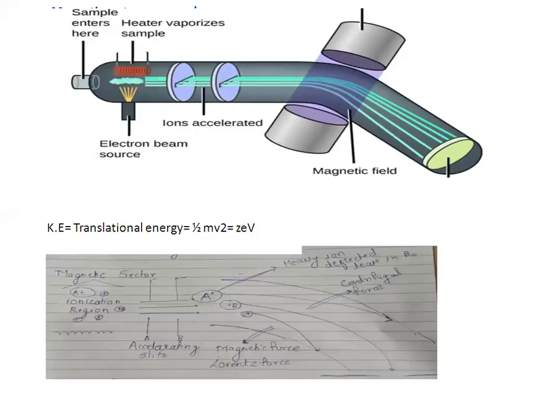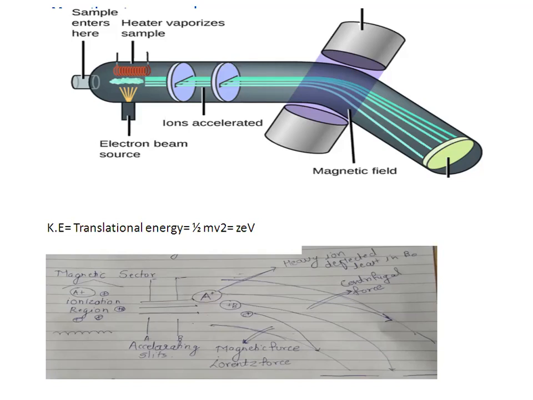In magnetic sector, as the name indicates, we are going to use a magnetic field to sort ions based upon their mass to charge ratio. This is a schematic of a magnetic sector instrument. Here we have the first ionization region, wherein the molecule is converted into ionic form. We can convert it into either positively or negatively charged ions. Here we have converted it into positively charged ions, and then we apply an accelerating voltage on the plates A and B so that the ions get their final velocity and direction.